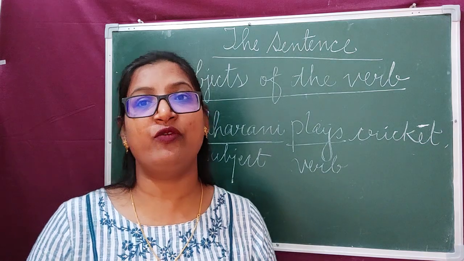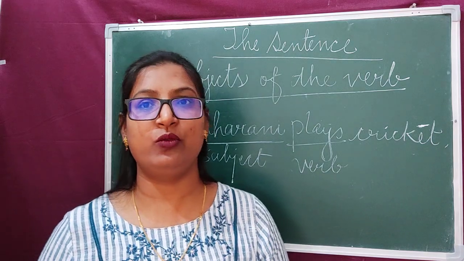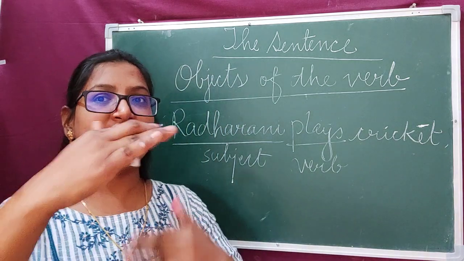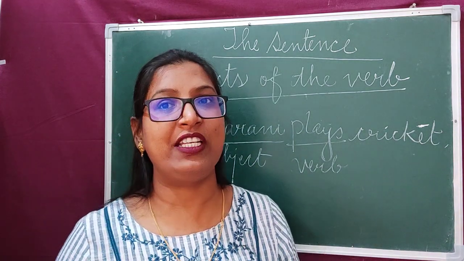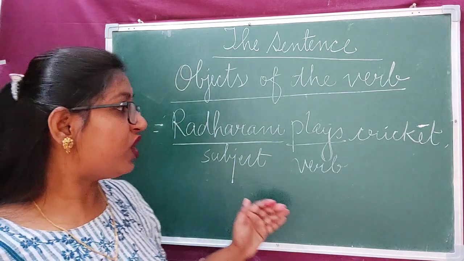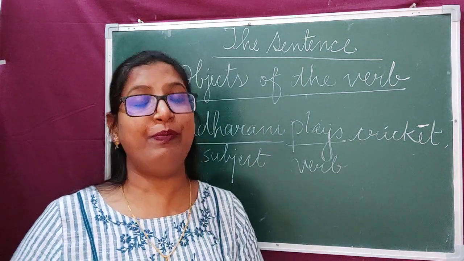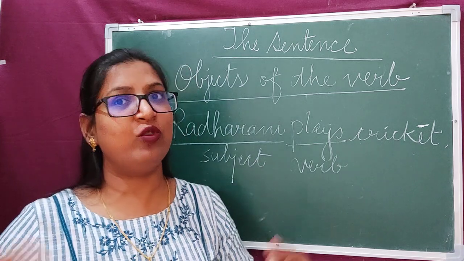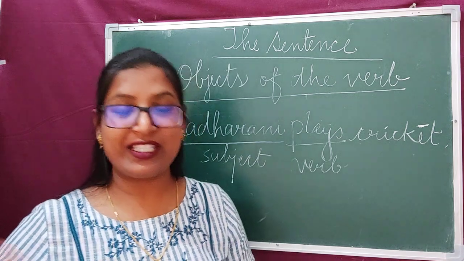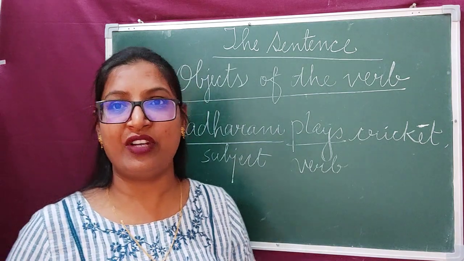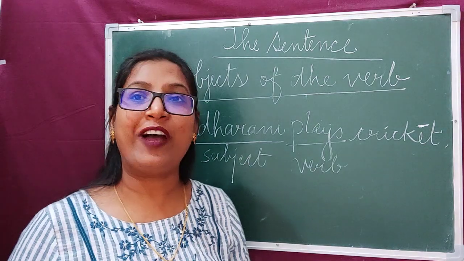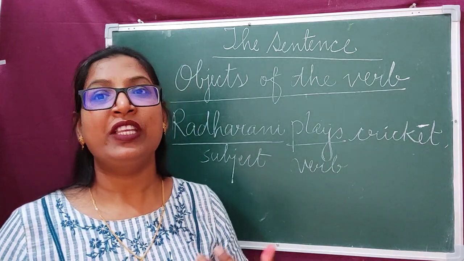What is the object of the verb? There are certain rules. First of all, you should know these rules. I will tell you step by step how to find out an object in a sentence. Clear? So, when you know about the object, then only you can say your verb is transitive or intransitive. That we'll study later on about the transitive and intransitive verbs, okay? But at present, I will tell you how to find out an object in a sentence.